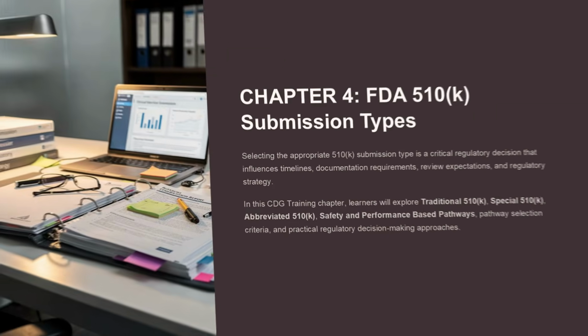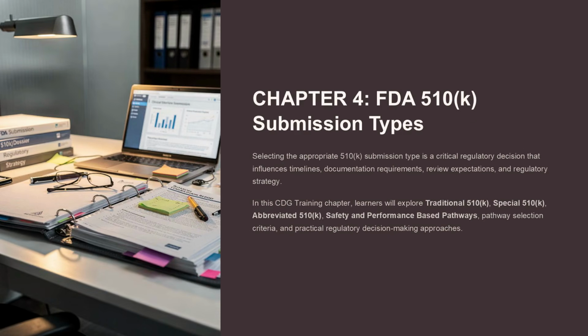Selecting the appropriate 510(k) submission type is a critical regulatory decision that influences timelines, documentation requirements, review expectations, and regulatory strategy. In this chapter, learners will explore traditional 510(k), special 510(k), abbreviated 510(k), safety and performance-based pathways, pathway selection criteria, and